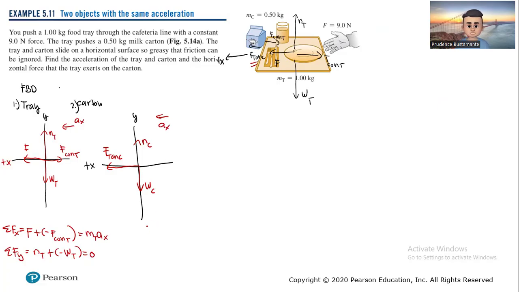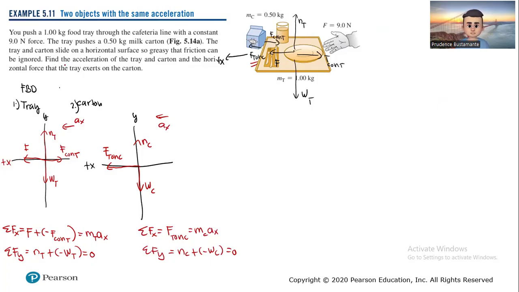So for the carton, summation of all the forces along X, we have the force of the tray on C is equal to the mass of the carton times the acceleration. For Y, the normal force of C plus the negative weight of C is equal to 0. Okay,